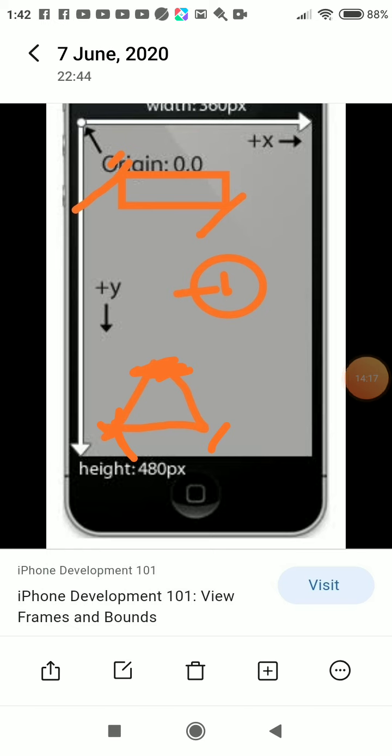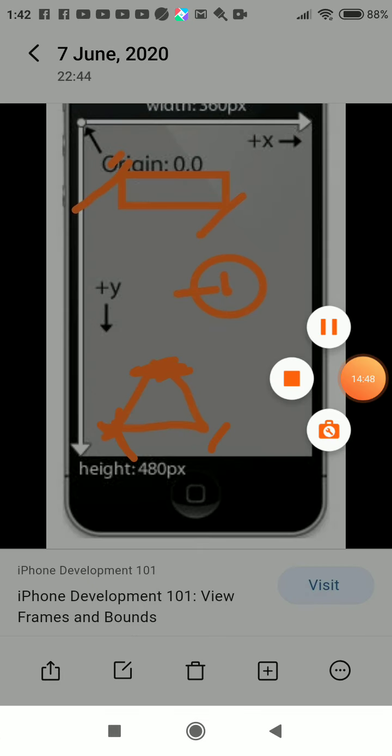Now always you should know, when you're noting the points of screen coordinates, the origin always starts from the left top corner. Have you seen here the origin? You should know the 0,0 origin starts from the left top corner. So that way you have to note the points. These three shapes you have to note. I'll show you in another image.